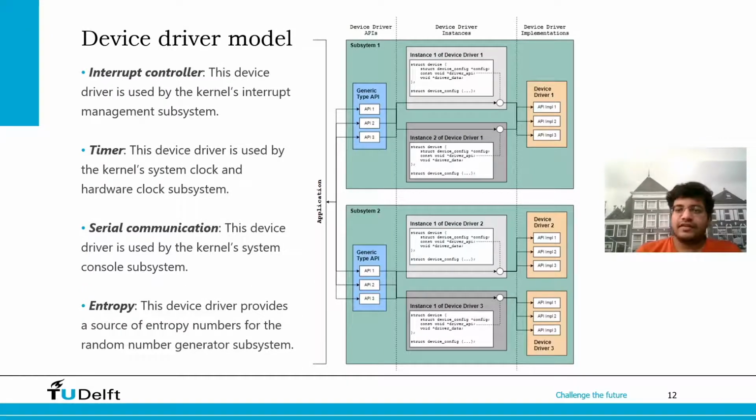The device driver model of Zephyr supports multiple instances and is highly modular. As we can see from the diagram given here, there are the implementation section, the instances and the APIs. The APIs are then used by the application layer to interact with the device driver. There are 4 default device drivers already implemented, namely interrupt controller, timer, serial communication controller, and entropy controller. These 4, along with any new user-added device driver model, fit into the kernel space, and they provide an abstraction layer for the hardware to work on.